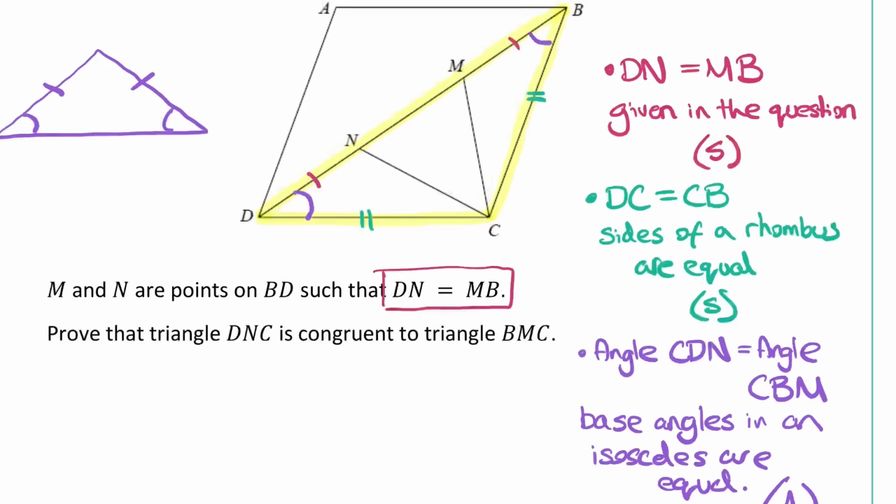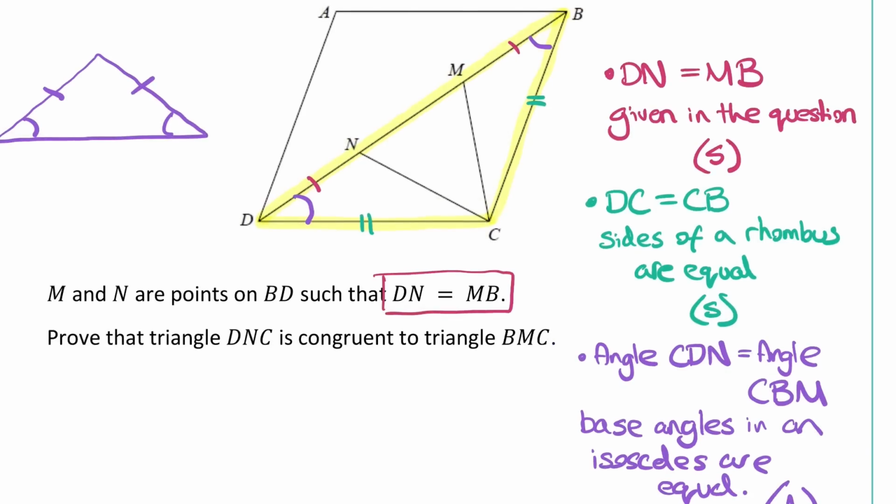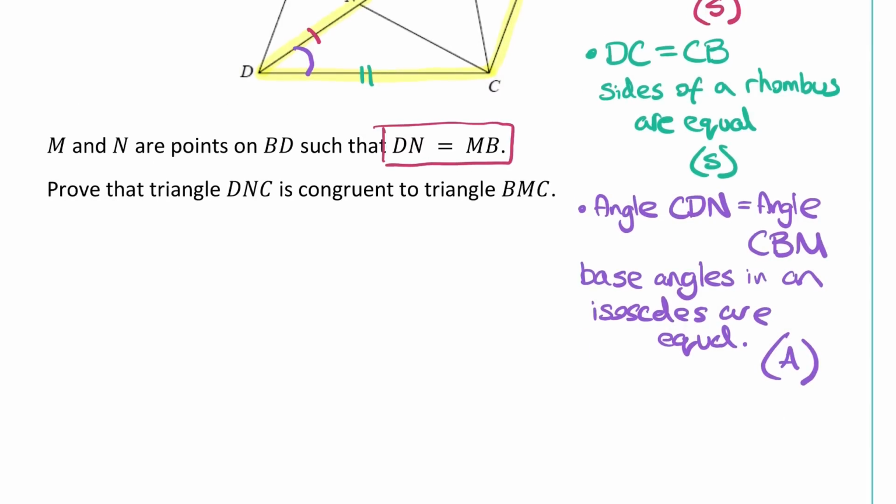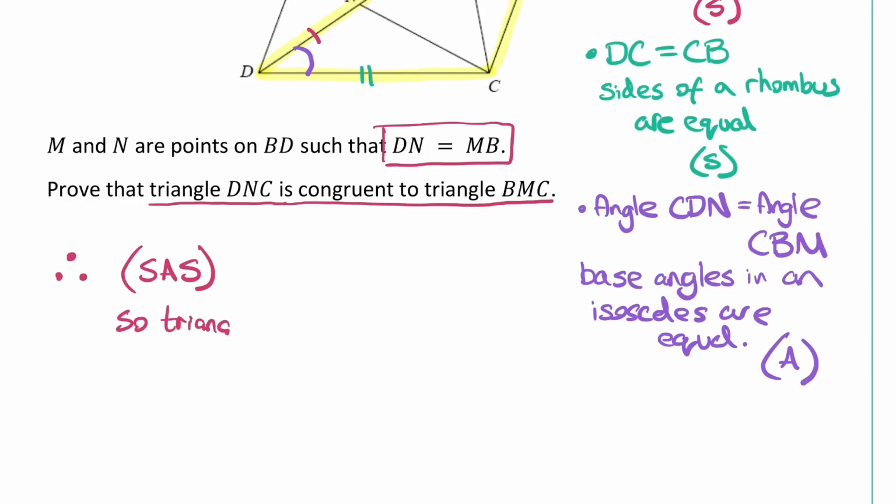So there we go. We had two sides with the angle in between it being the same. So we would say as our conclusion, therefore, you can write all this language as if you want, triangle DNC is congruent to triangle BMC because we have the SAS rule. So SAS, therefore SAS, so triangle